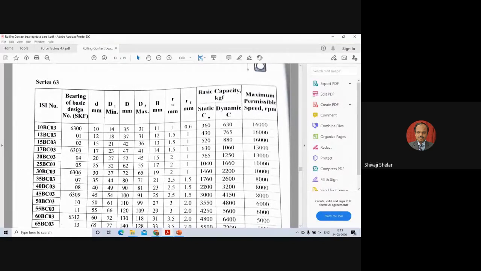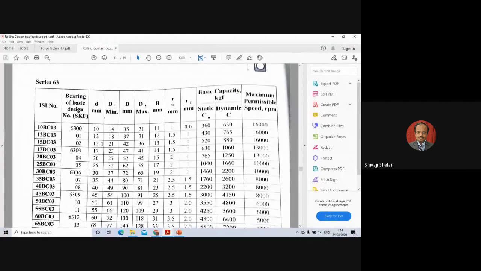Normally the bearing will fail under dynamic load capacity. So this is a very, very important deciding factor. Otherwise you have to do trial and error. Or if not possible, then you can go for roller bearing. You can go for a different type of bearing. You can change the type of bearing if all the series are exhausted. So selecting the right type of bearing and then the right series is the design experience. That is, the selection experience will tell you how to select the right bearing for the right application.